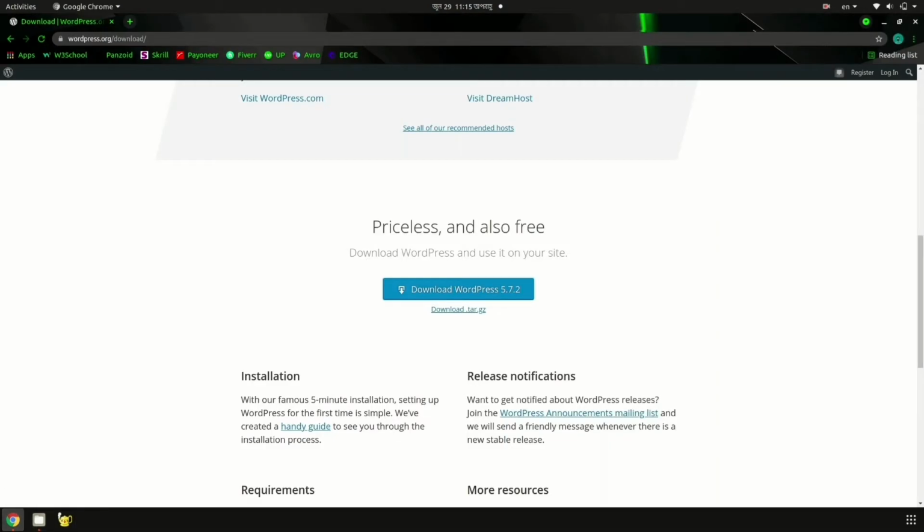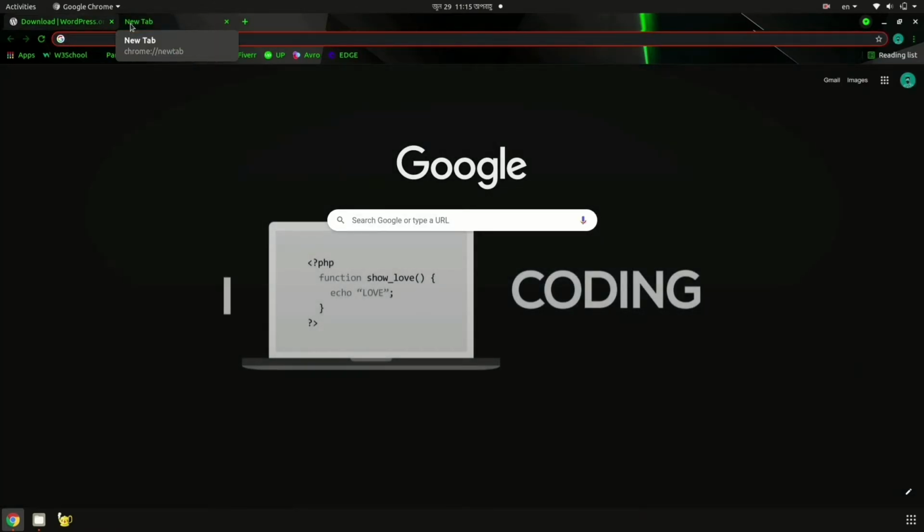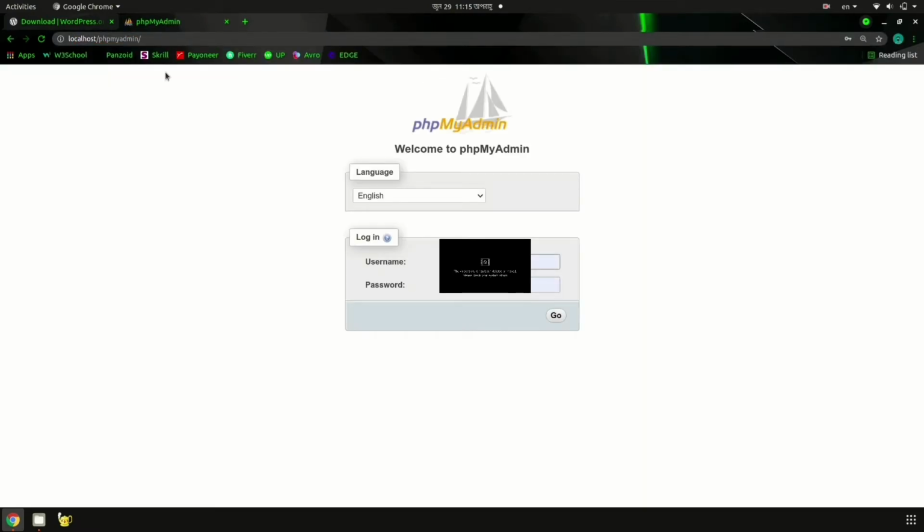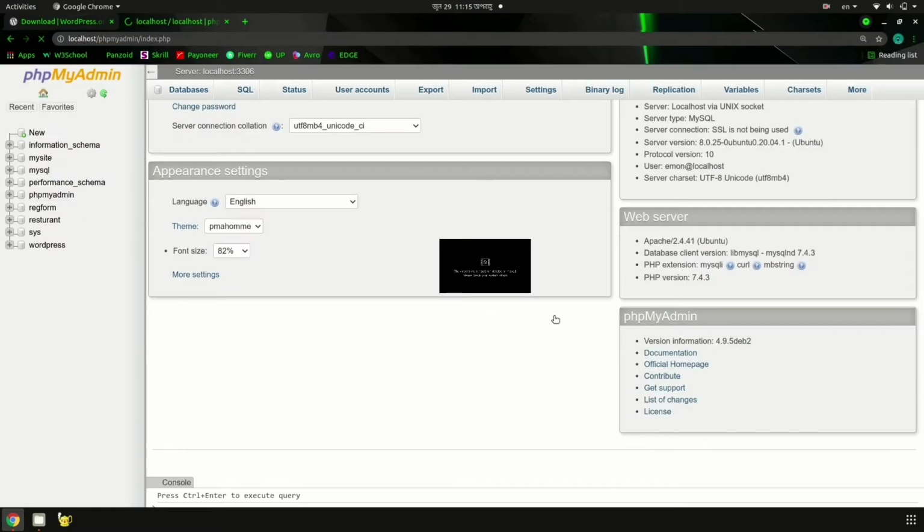After giving the command, go back to the browser and search localhost php_myadmin. Now log in and create a new database with the name